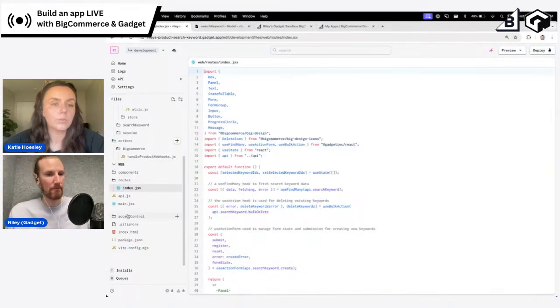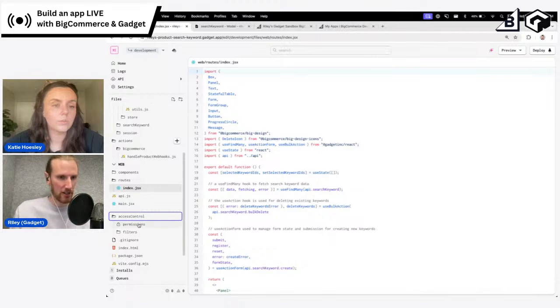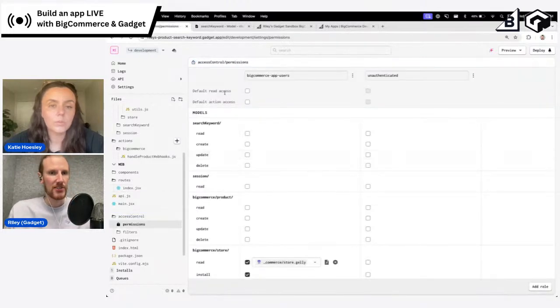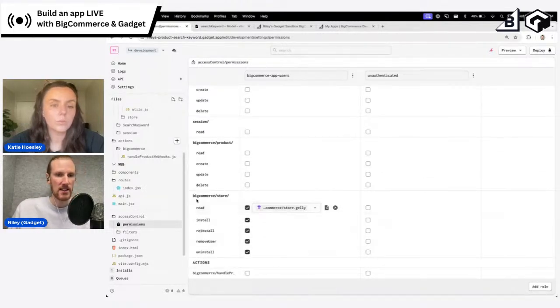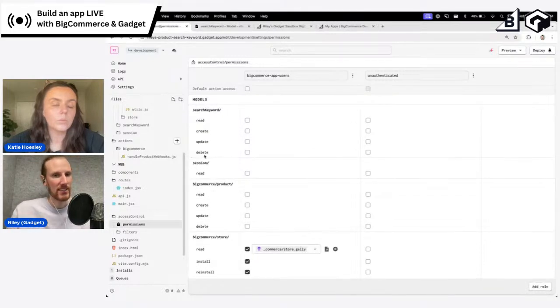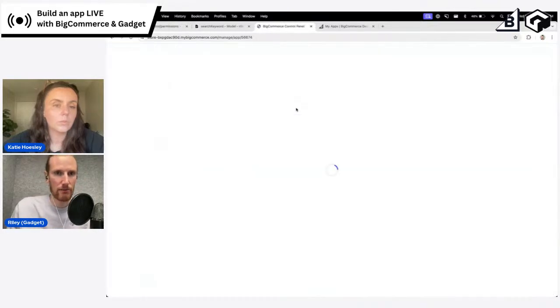If I go back to Gadget, pop open the access control folder, we've got a permissions file. By default, BigCommerce merchants in the control panel interacting with your app are going to get this BigCommerce app users role. So it's role-based permissions. We're going to give them access by default just to the store actions because we're going to auto-generate that data model. They're the store owner, so they have access to these actions. I need to grant them access to my search keyword model actions, though, and that will allow them to actually interact with my front end. So now if I refresh this page,